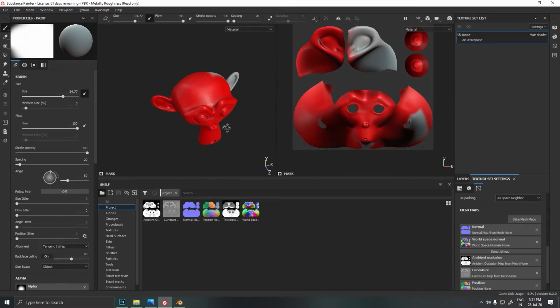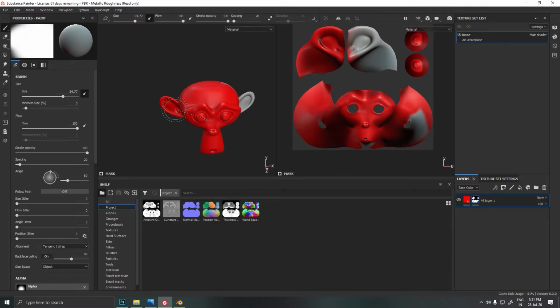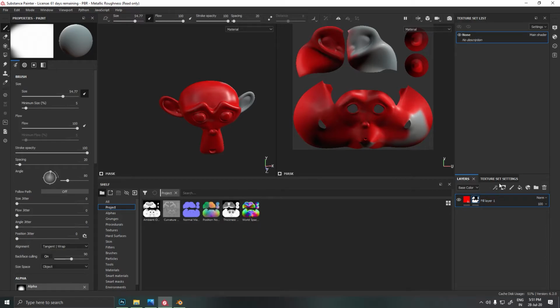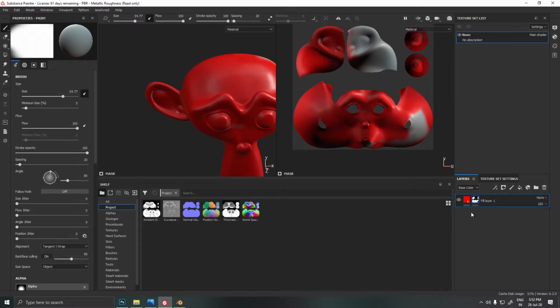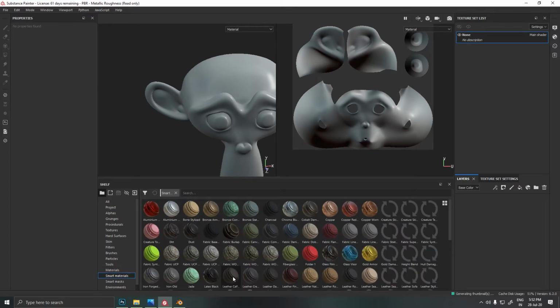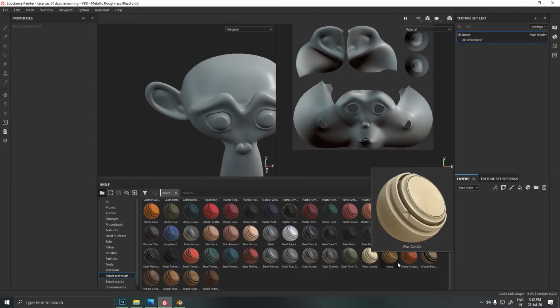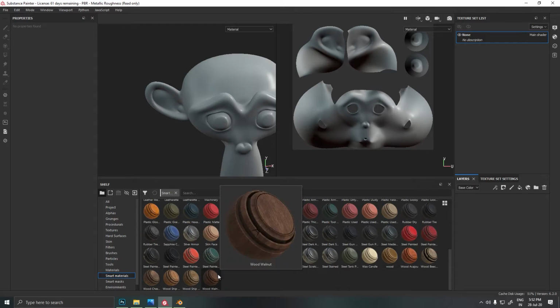So this was our baking process. Now you can see the materials over here, and the resolution which I have baked in is 2048, that is 2K. There's one more option: if you have to create a material, just create it if you need it, but most of the time I prefer smart materials. They are very useful. There's a beautiful library by Substance, and it consists of multiple textures which a person would need.